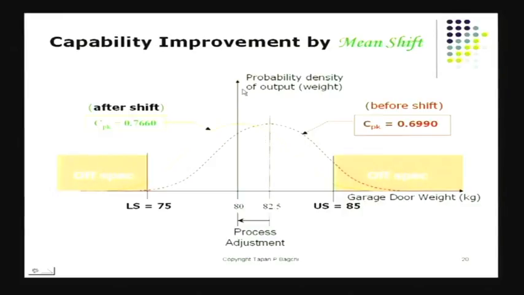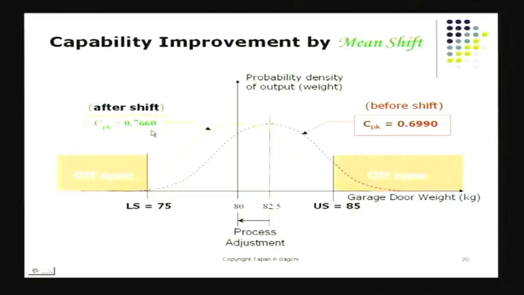The other way to try to improve a process that has got poor capability is to shift the mean. If the mean was off target, if you adjust your factors in such a way that the average of the process shifts and becomes coincident with what we call the target of the process, which is what has been said by doing some market research, it turns out you'll have a larger area of your process that will come within the tolerance limits, and again process capability will improve. The old process capability with the off-centered process was 0.699, and the new process with your